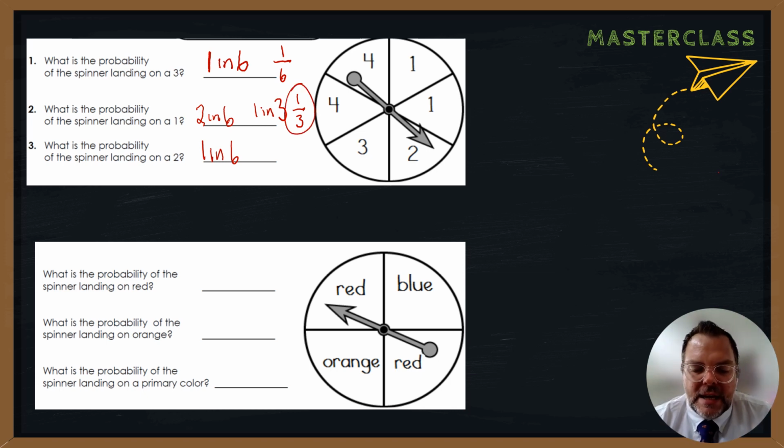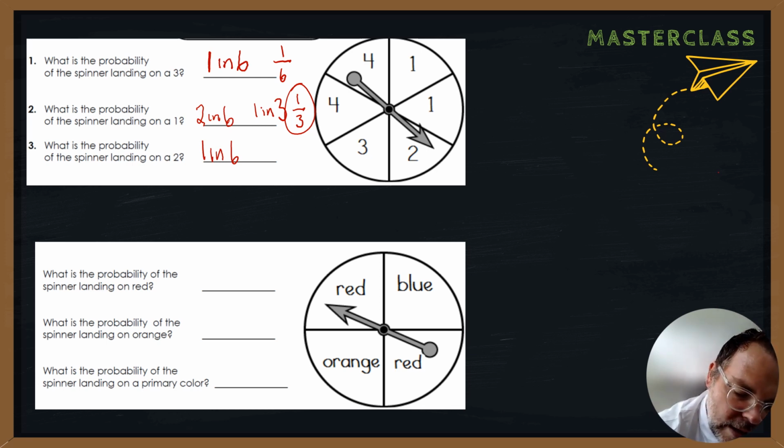Now, let's go back down at the bottom here. It says, what is the probability of the spinner landing on the red? How many outcomes do I have? Well, I've got 1, 2, 3, 4. There are 4 outcomes. However, there are 2 reds. Okay, so there are 2 reds. So really, to spin that spinner, at the end of the day, I really have 3 outcomes. So what is the probability of the spinner landing on the red? Well, I've got a 2 in 4,